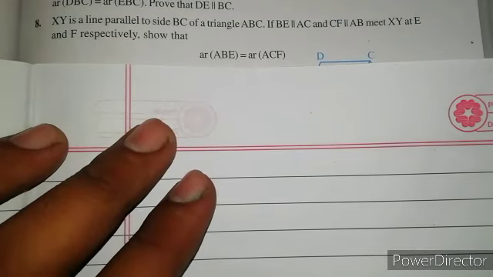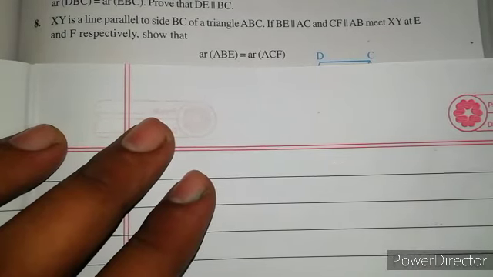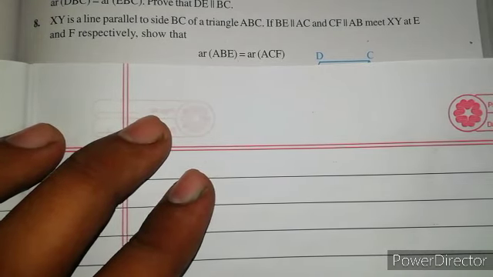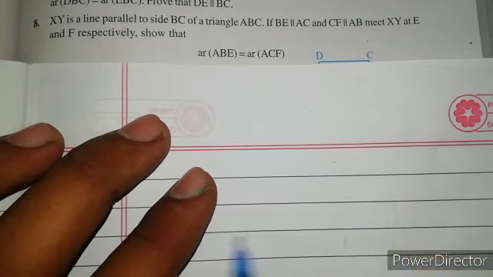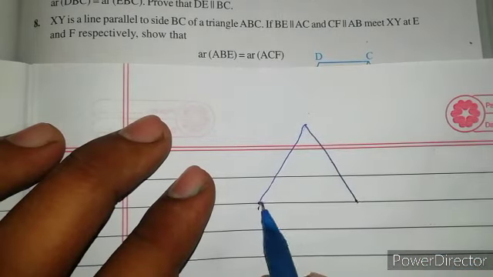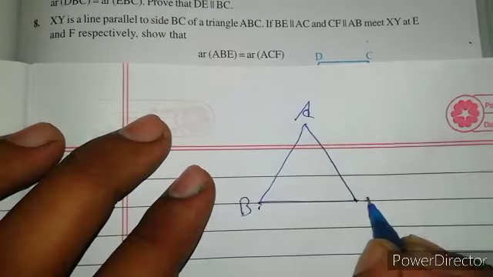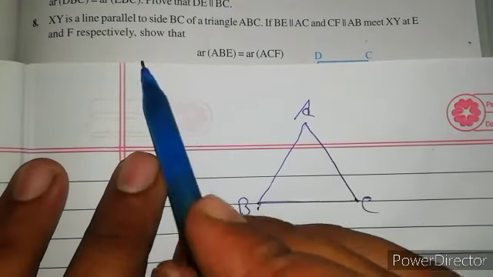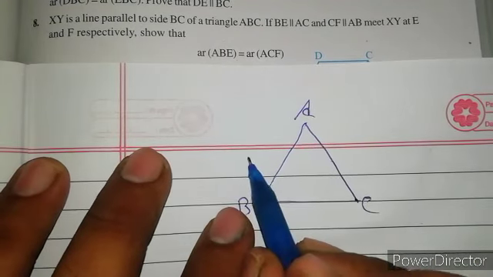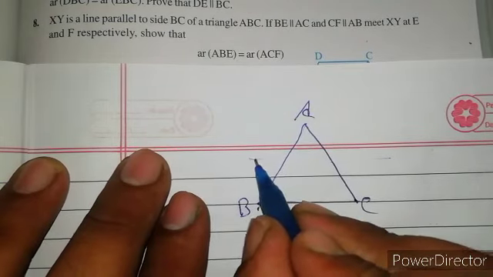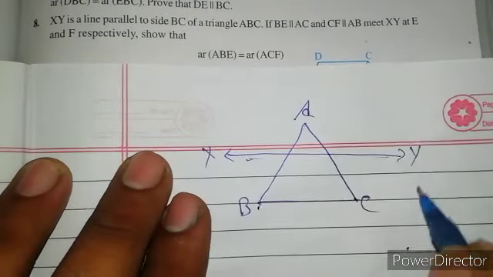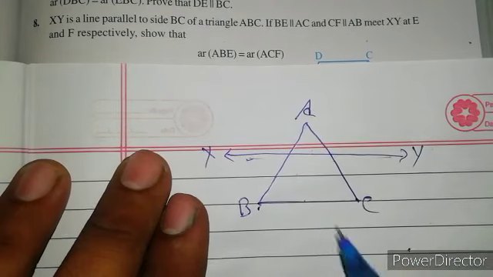So in this question, the first thing we have to do is draw a figure. For drawing a figure we need to take information from the given question, okay. So let us draw the figure. First of all, a triangle is given which is ABC. So let us draw triangle ABC. This is A, this is B, and this is C, and it is said that XY is a line parallel to BC. So look, this is BC, so the XY line can lie here or here, anywhere. So we will draw here. This is the line XY, with X and Y, which is parallel to BC, means these two lines are parallel to each other.